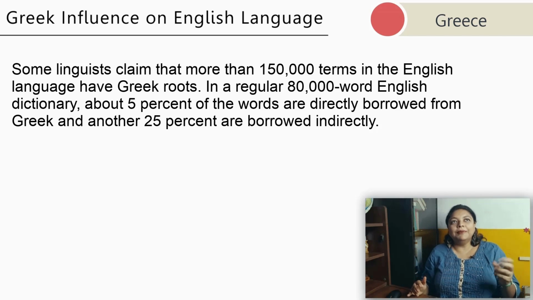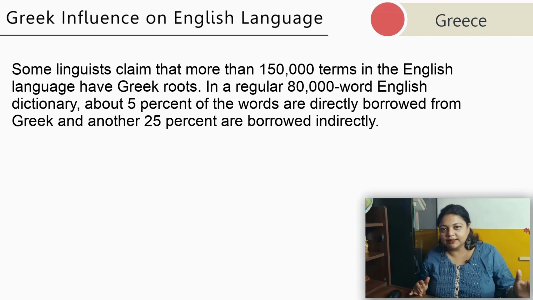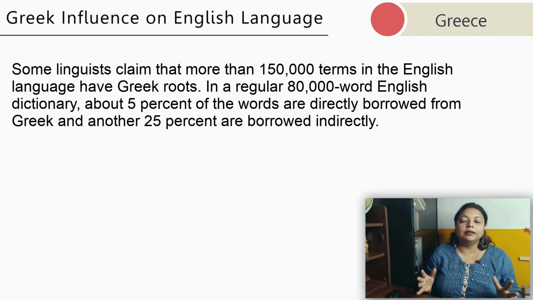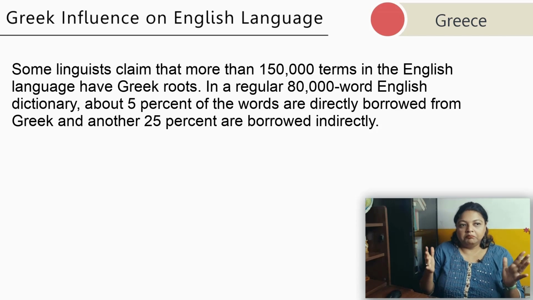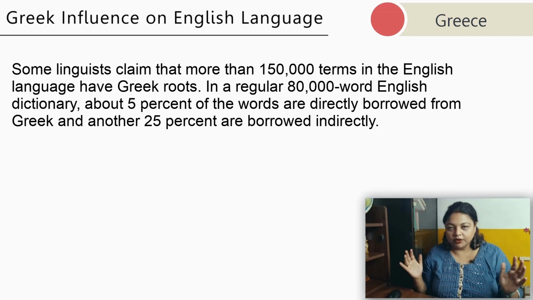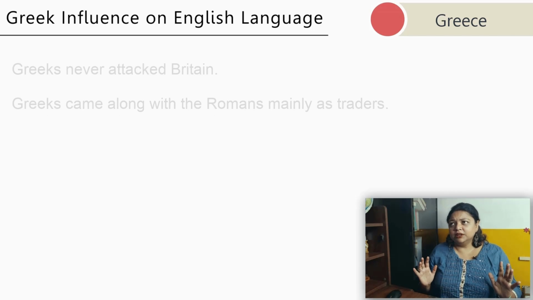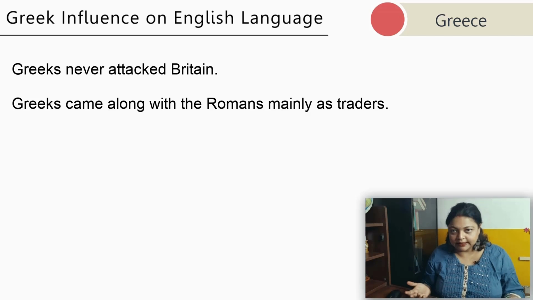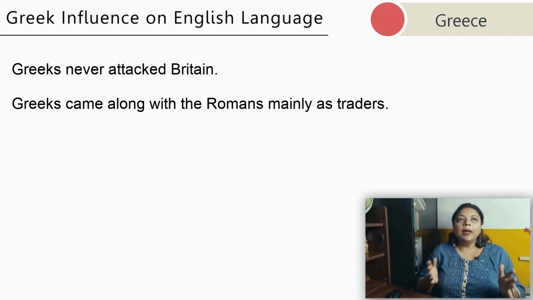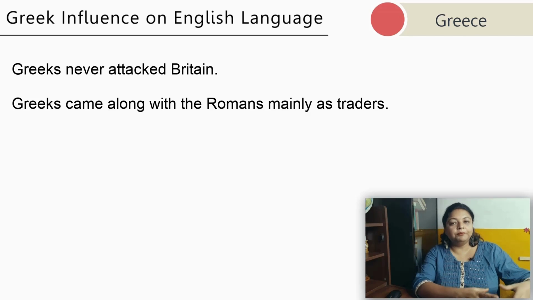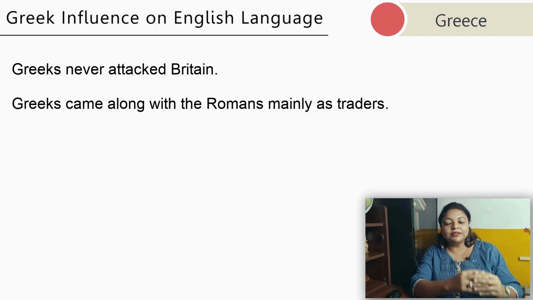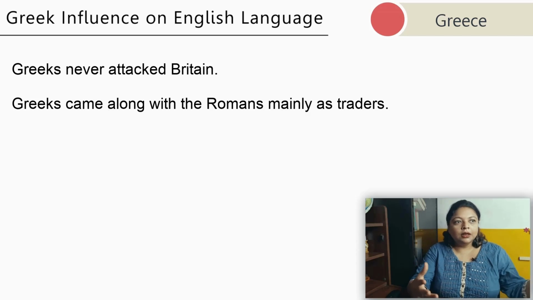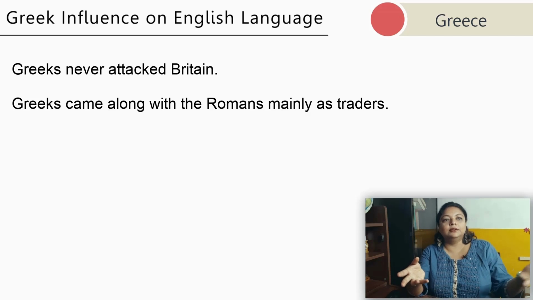As we all know, the major influences which we have already studied are the French influence, the Latin influence, and the Scandinavian influence. So these three are the three pillars, you can say, of influences if you are a student of philology in English. The Greek language did not directly affect the English language the way French did or Scandinavian did. Why? Because unlike French people or Scandinavian people, there was no direct human contact between the Greeks and the English people, other than maybe some people coming up to England as tourists.